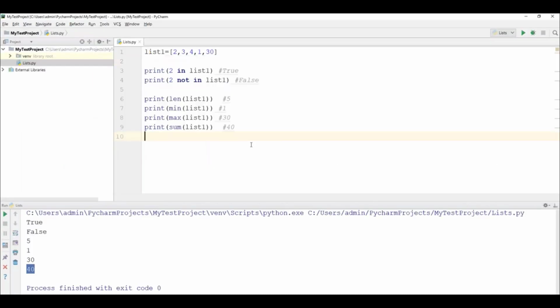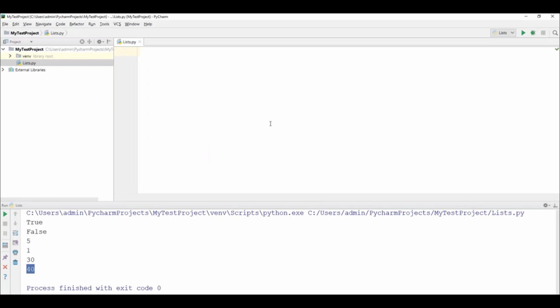Now go to your PyCharm again. I'll remove this here. So how can we do list slicing? Let me create one more list variable here. Let's say list is equal to, in brackets. All the list values we need to specify in brackets only. 11, 33, 44, 66, and some number, let's say 788. So I have given some random numbers in the list. How many values do we have here? 3, 4, 5, 6 values.